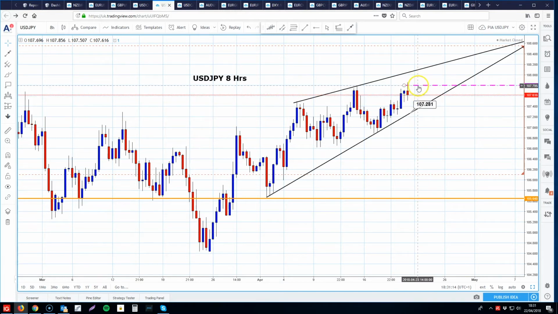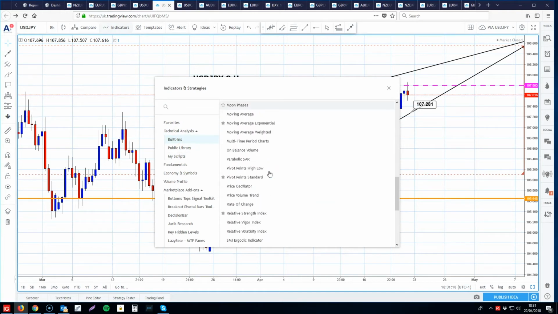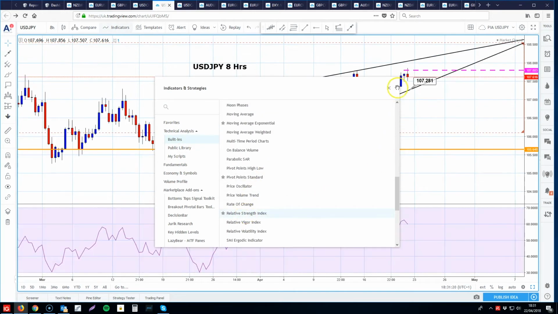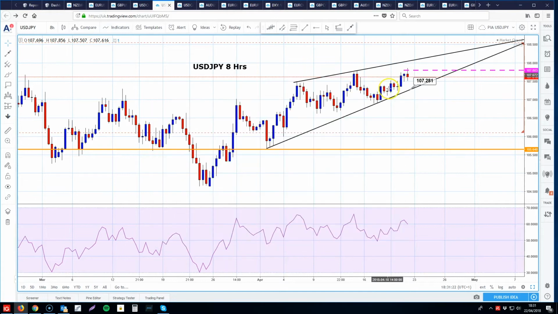Friday we saw a rejection of that level. Again, if we go to the RSI, I think it's pretty likely we're going to see some divergence here. So again, the chart makes a higher high there, the oscillator makes a lower high. We're assessing this as being in an ending wedge formation. If we can break this level here at 107.28, then the measured move target is going to be around about